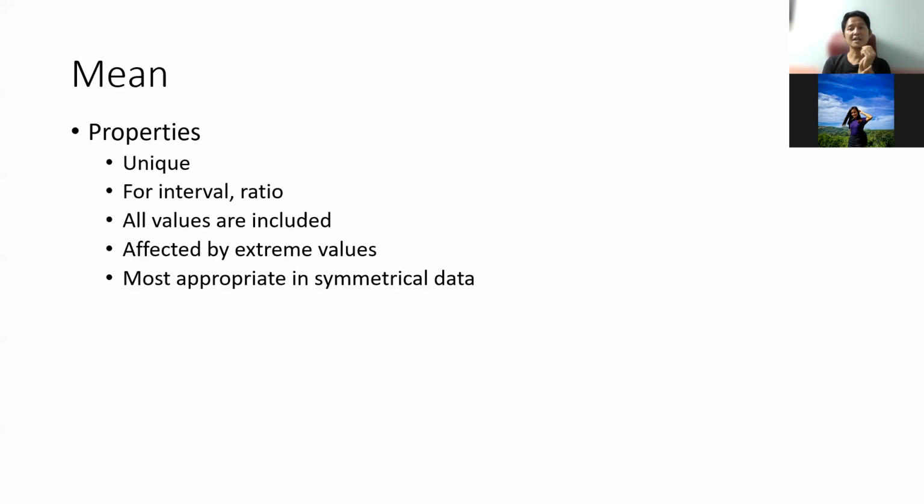Our aim here is, if you have data, to find the middle. So when there is a value that is too large, our average will not land in the middle; it will land toward the side near the large value. That's why it's affected by extreme values. Sometimes, if a value is an outlier or very extreme, we can remove it so that we can still have a better result.